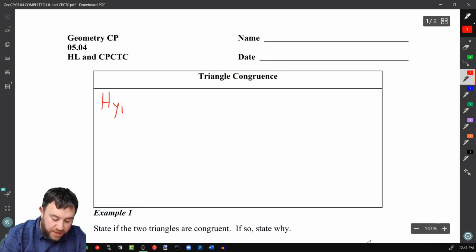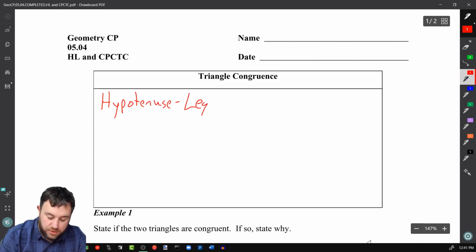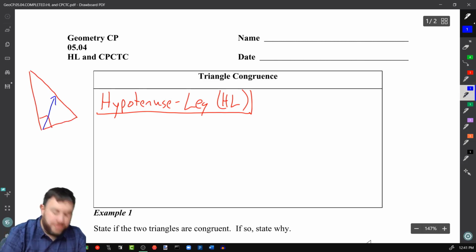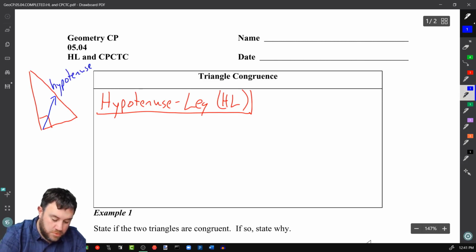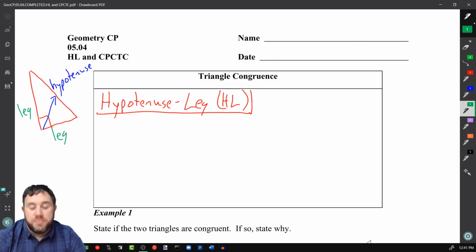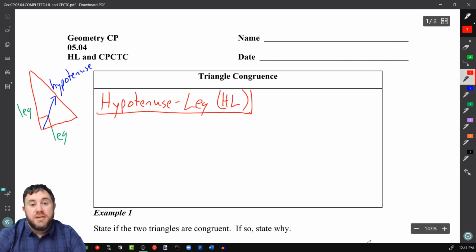It's called Hypotenuse Leg Theorem, and we abbreviate this one HL. All right, remember when you're dealing with a right triangle that the side opposite the right angle, that's the hypotenuse. And then the two sides that create the right angle are the legs. So what this theorem tells us is that we need the hypotenuse of a right triangle and one of the